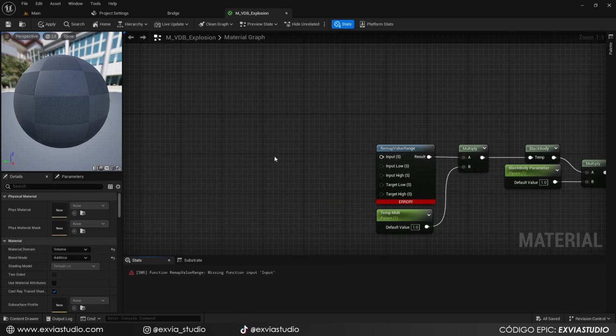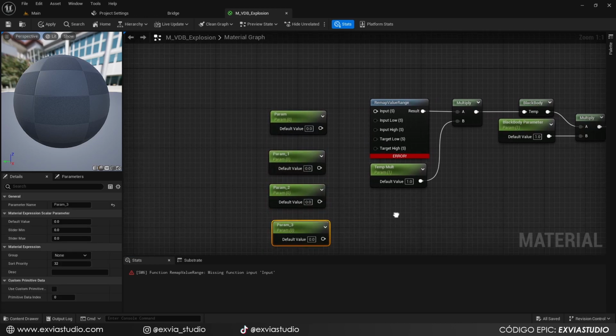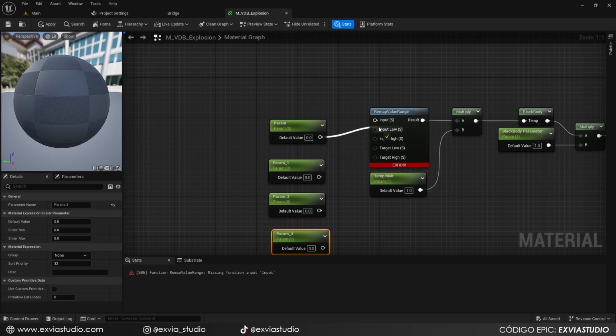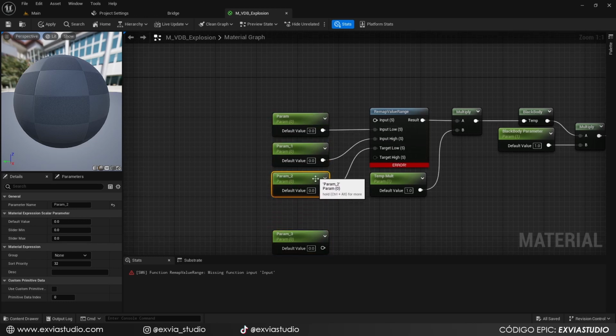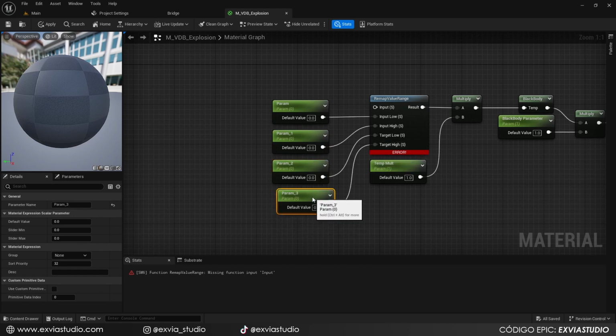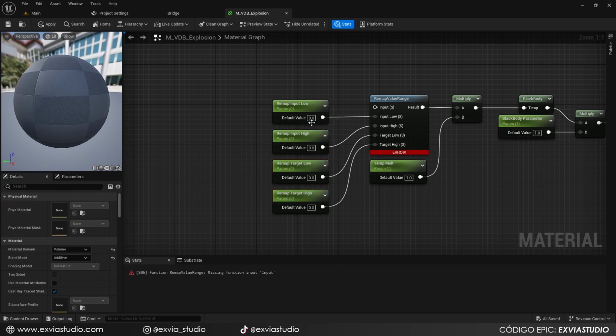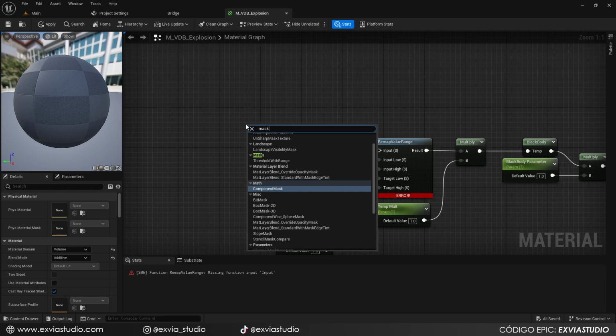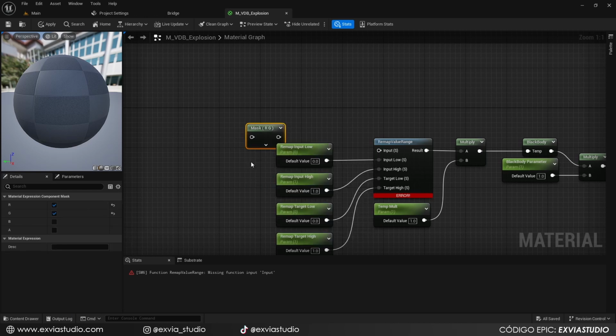So now, pressing S and left clicking anywhere, we're gonna create 4 scalar parameters. And all these 4 scalar parameters we're gonna connect into input low, input high, target low, and target high. After that, we're gonna rename them as remap input low, remap input high, remap target low, and remap target high. And then we're gonna set a default value of 1 on the node of remap input high and remap target high. Then with a right click, we're gonna look for the component mask node, and then on the details panel,